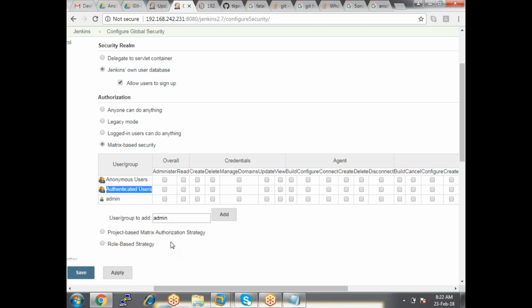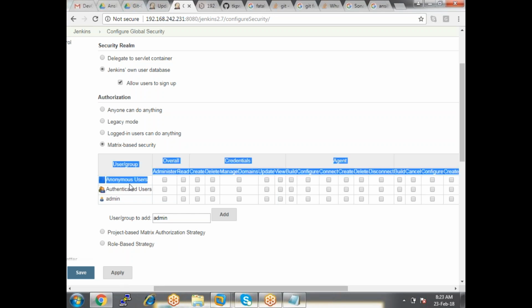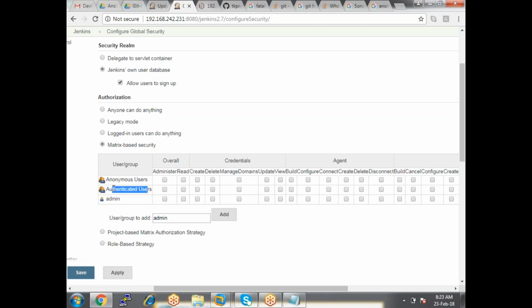I don't want to go with these options. I want to restrict users based on the individual user, not on an entire group level. First, this admin user: since he is an admin user, I want to maintain him as one.